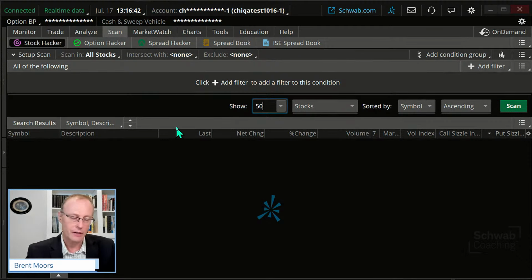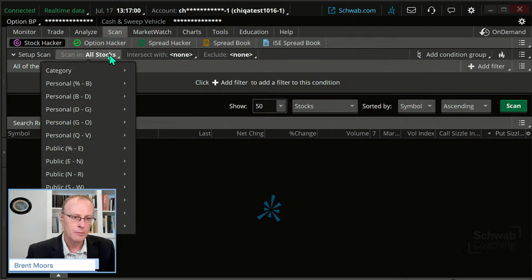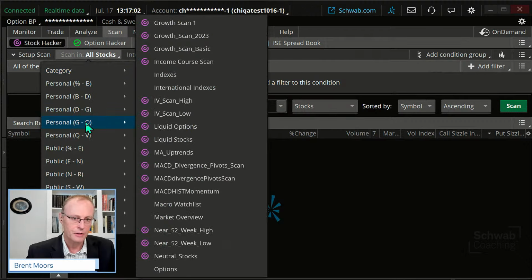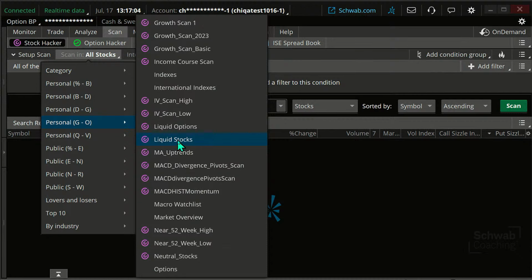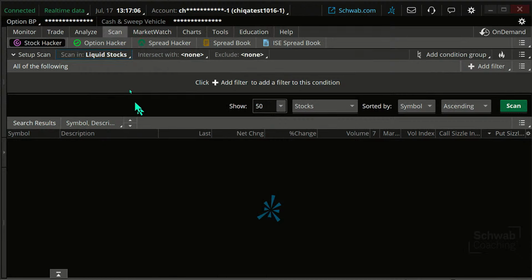So as I create different scans, I don't want to have to go through each time and go, well, I'm going to put in my stock price, I'm going to put in penny increment options, I'm going to put in S&P 100 or S&P 500 or whatever. So I'm going to click on this, and I'm just going to go to my personal list, to the one we just created. And now we've already done all the legwork on it.